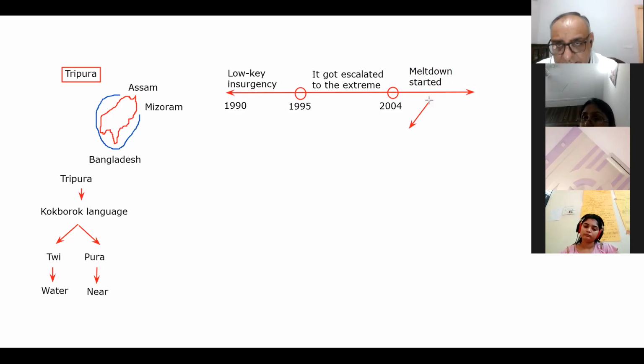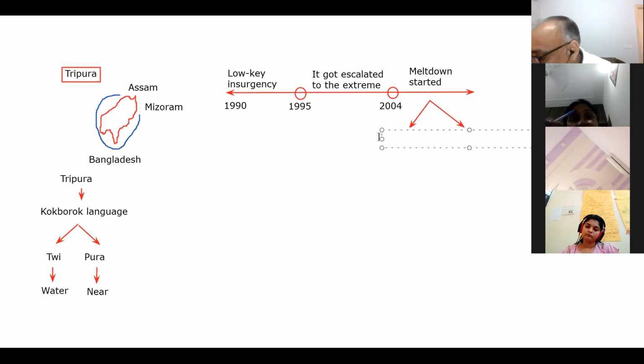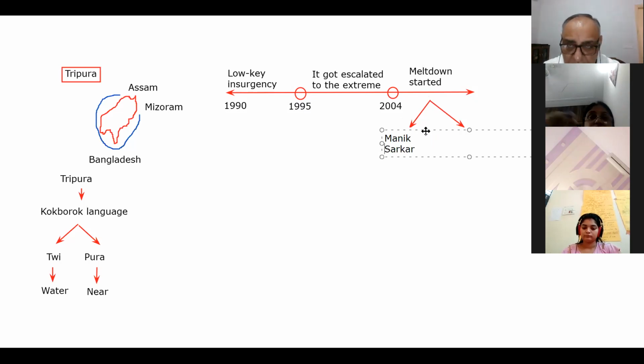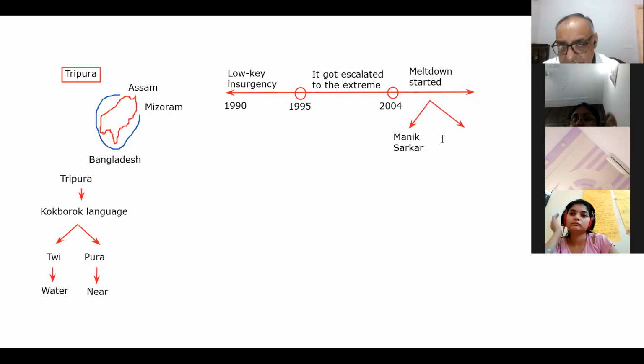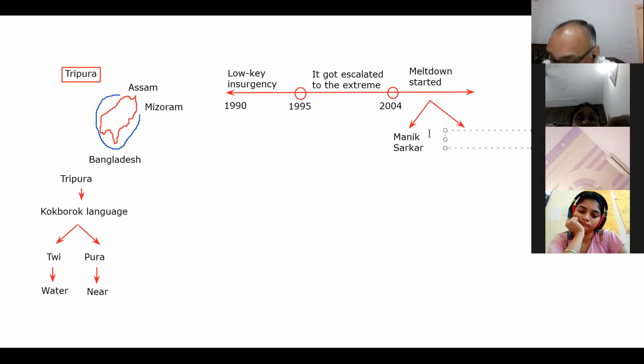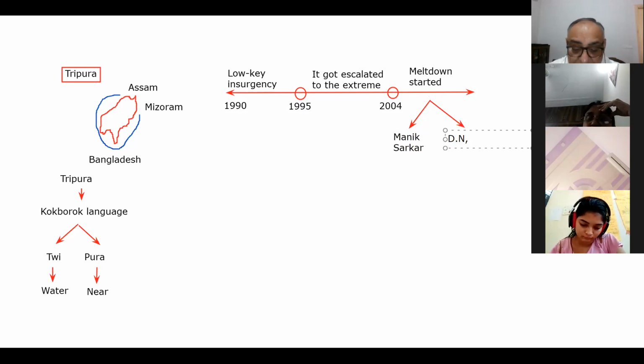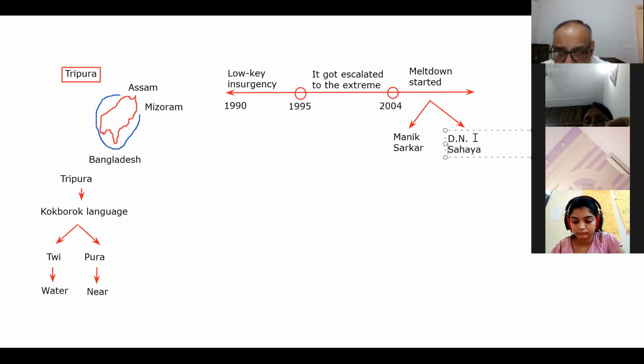सो ये जो मेल्ट डाउन है, इसके पीछे बेटा दो पर्संस का बहुत ही बड़ा हाथ है, उसको हम डिस्कस करेंगे कि उन्होंने किया क्या था। एक तो बेटा वहां के जो चीफ मिनिस्टर थे एट दैट टाइम, उनका नाम था मानिक सरकार। So he was a very intelligent person and he acted in a very good manner to control the problem in the state, right? And second बेटा उस समय के जो गवर्नर थे, he was D.N. सहाया।